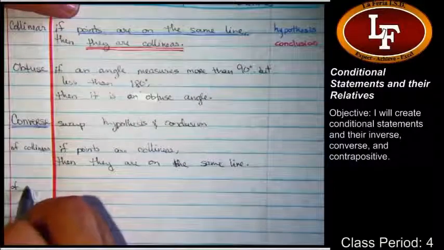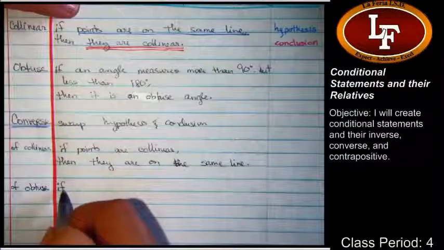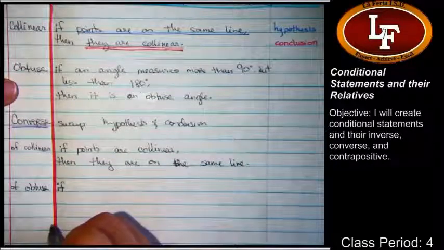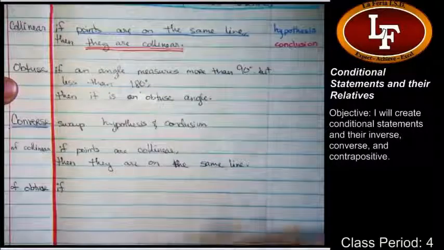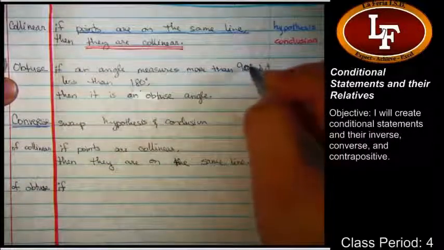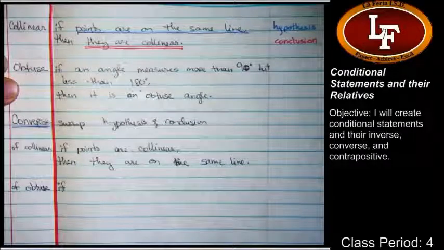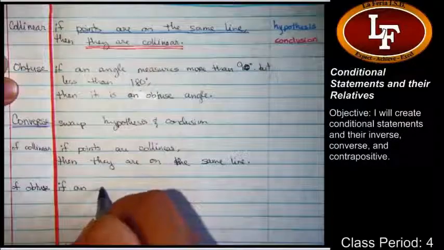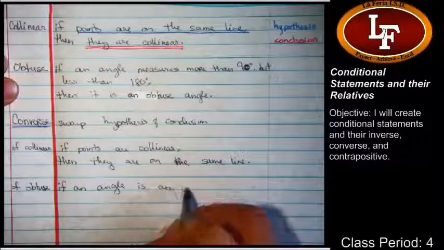Let's write the converse of obtuse. If, what was the conclusion of your original obtuse sentence? Beautiful. That's the original hypothesis. We want the original conclusion so that we can write it as our new hypothesis. What was the original conclusion? If an angle is obtuse. See how we're starting kind of at the back of the sentence? Yeah. Awesome. If an angle is an obtuse angle,